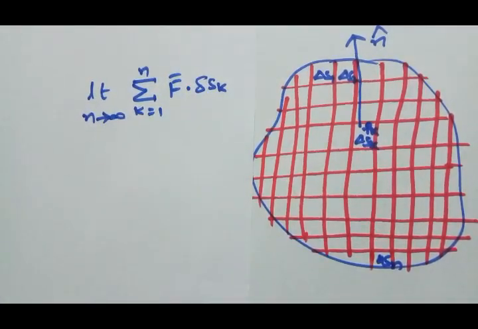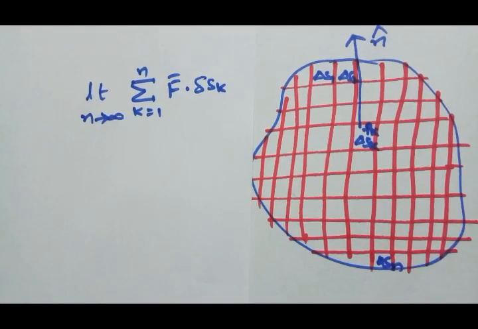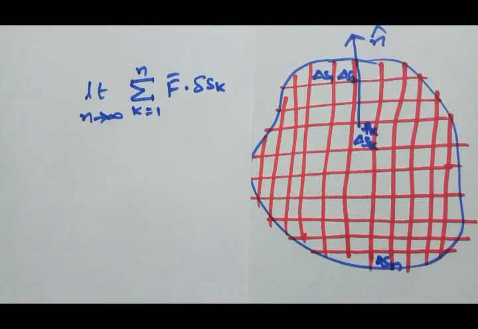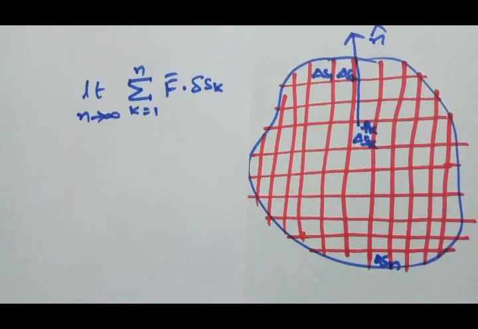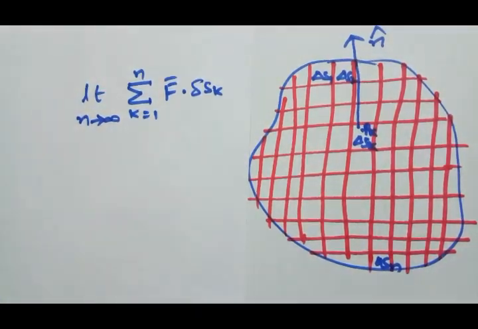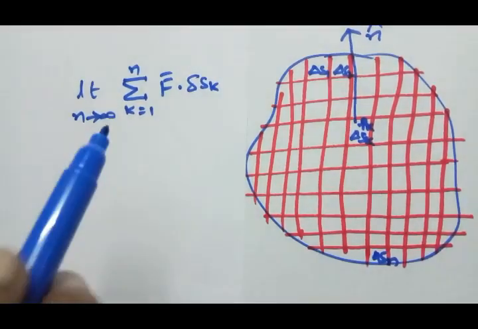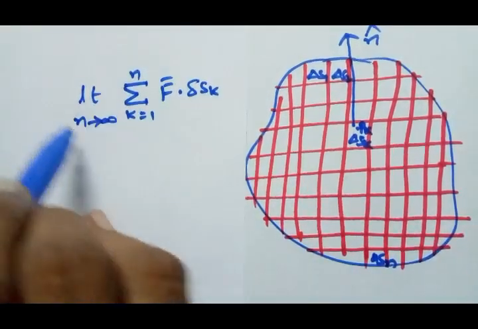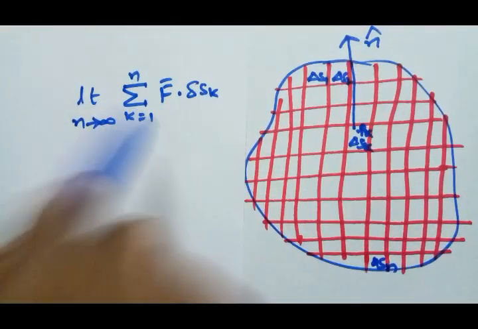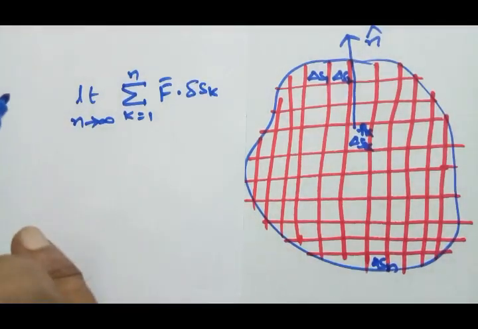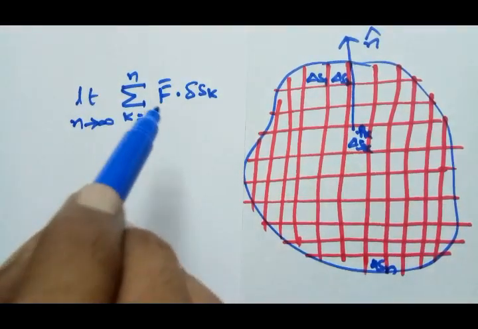That means we are covering each and every point on the surface. And if this limit exists, then it is called the surface integration